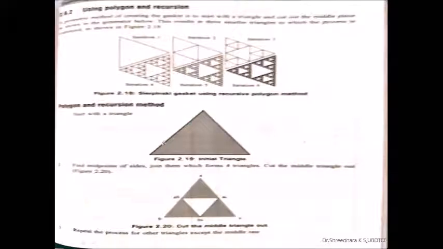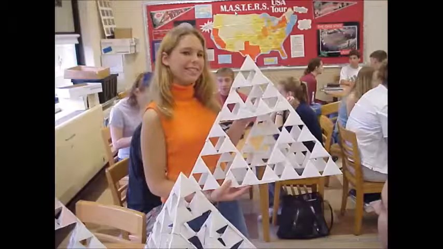So on each side, you try to find the middle point. Join these middle points. Color only the remaining parts, leave out this part. So in the previous picture, if you observe, this is the original, this is the 3D model. Before going to the 3D model, try to understand with respect to 2D. Take only one piece of it. You are taking the middle point and joining this, removing this part.